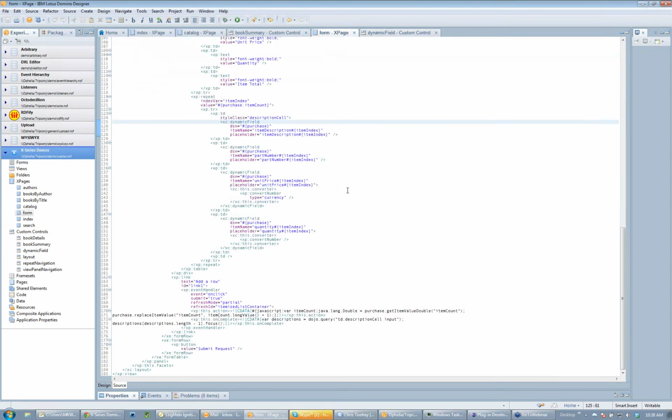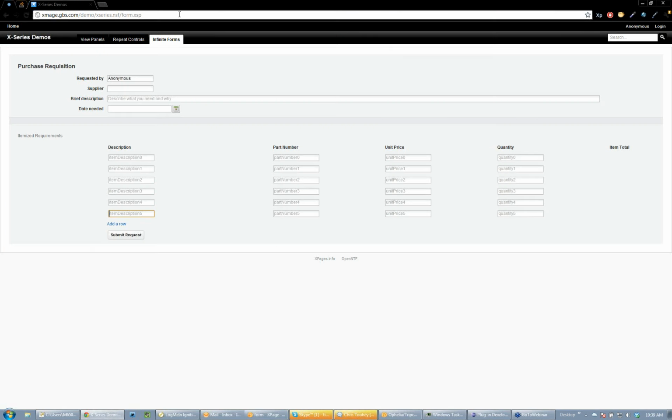But the basic premise is I can look at the item index like we did with the stars earlier and know that on the first row, this should be item description 0. The next row, it'll be item description 1. So for whatever the item name is, I'm passing that in as a placeholder as well. Normally with placeholders, you would pass in something useful like field level help. But in this case, I'm just passing the item name so that you can see these items will be named